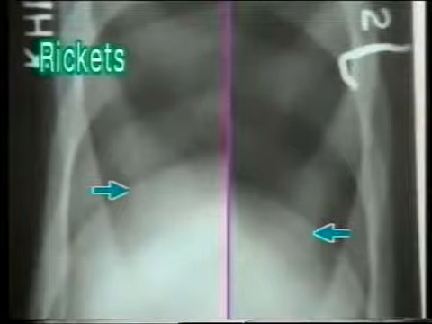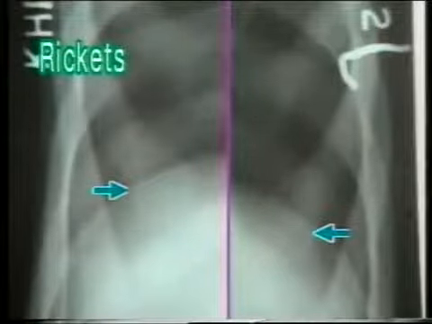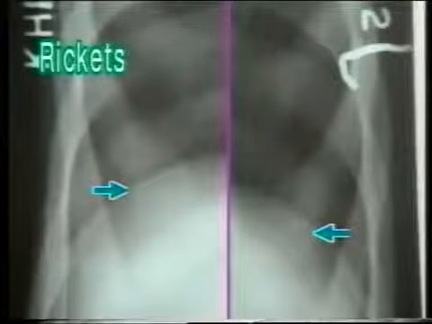Note the cupping in lateral view. If you note carefully, there is calcification in the metaphyseal margin and the growth plate is normal. This is because the child has already received treatment. This is healing rickets. The chest X-ray of the same patient shows another feature of rickets, that is widening of the anterior ends of the ribs. Note the widened rib ends seen clinically as a rickety rosary.